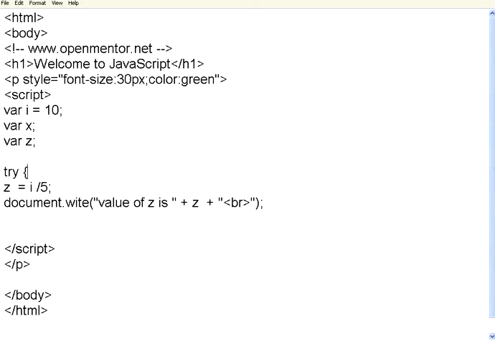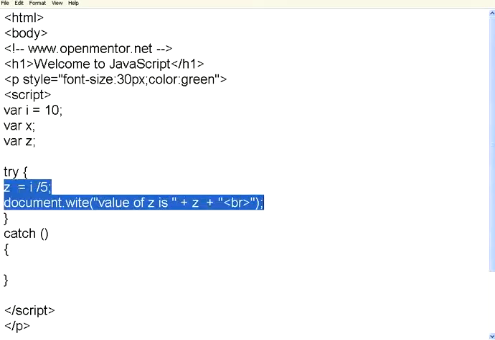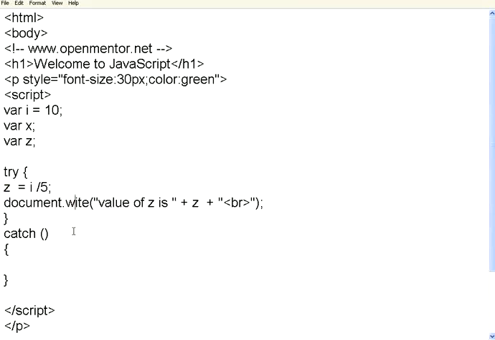There is a try block. This is called a try block. Then there is a catch block. This try and catch are used for any exception handling or any error handling. For example, this is a block. This try contains these 2 statements. You can have any number of statements, not an issue. In this place, if there is any error happening, the script will not stop. It will come to the catch block and then it will try to write. It will try to do something.